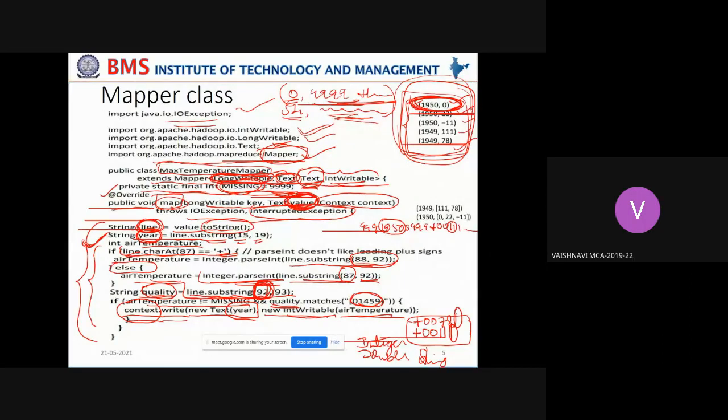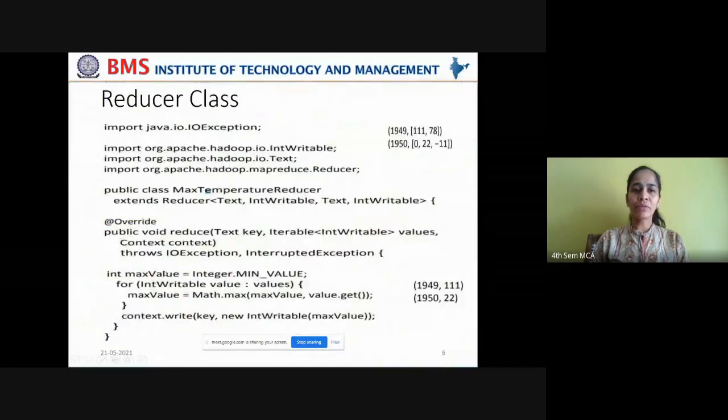Clear, ma'am. Okay. Now let us go to the reducer class. Because you understood very well about the data types and about the overriding of the map function, it is easy now to understand the reducer class. It is almost the same. Okay. Now see the first line here. Map function has been completed. Now you have to define the reduce function in order to consolidate the result and give it as a comprehensive output, short output, combined output.